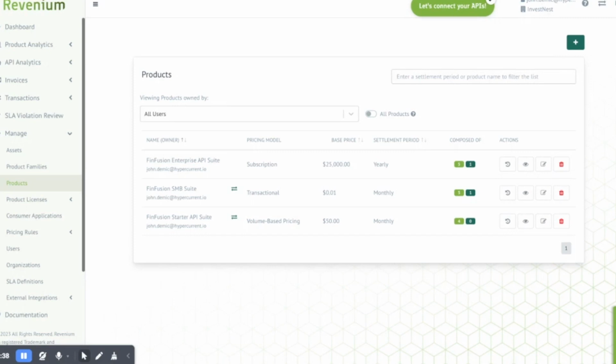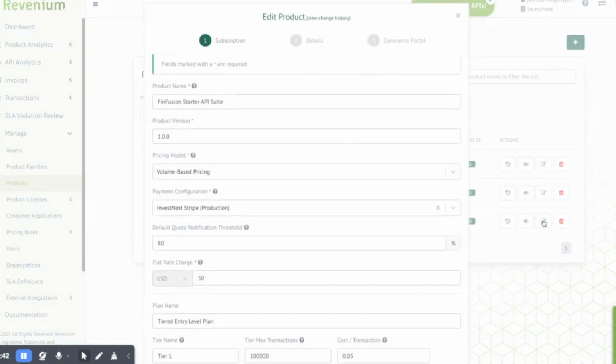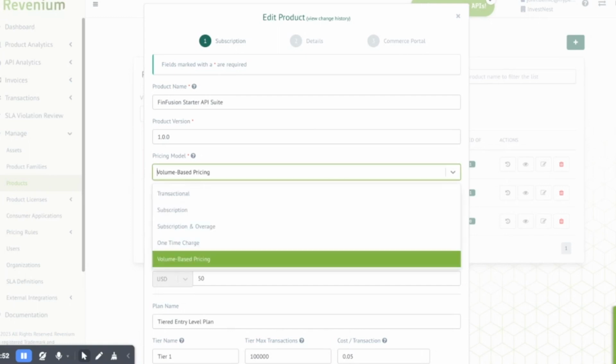So let's jump into the FinFusion Starter API Suite first and see how this has been configured. If we look at the product details here, we have the name and the product version. Next, we have the pricing model. Revenium supports a number of different pricing models to price API transactions differently. For the context of self-service sign-up, there's a volume-based pricing suite.